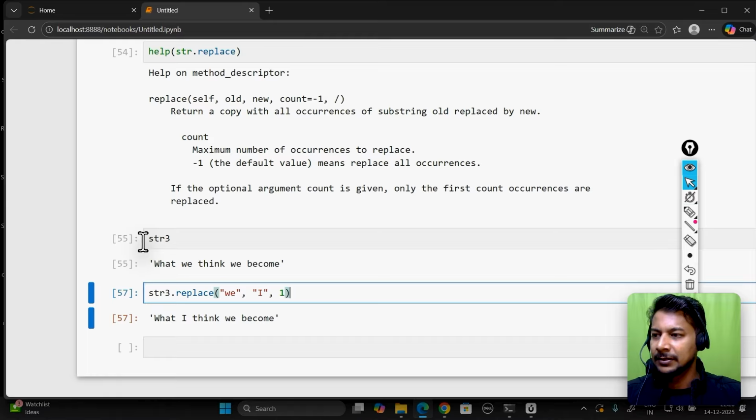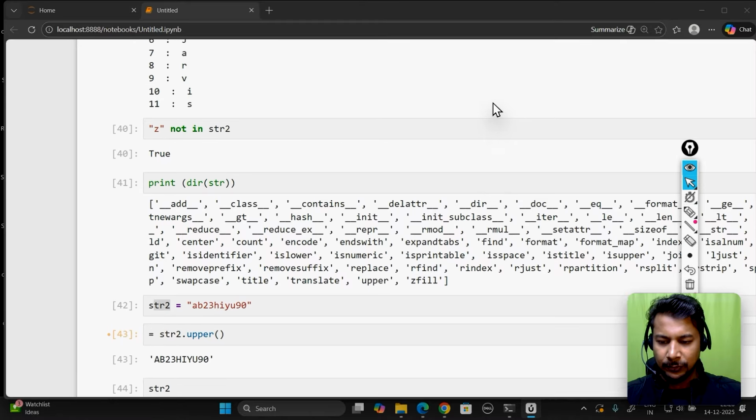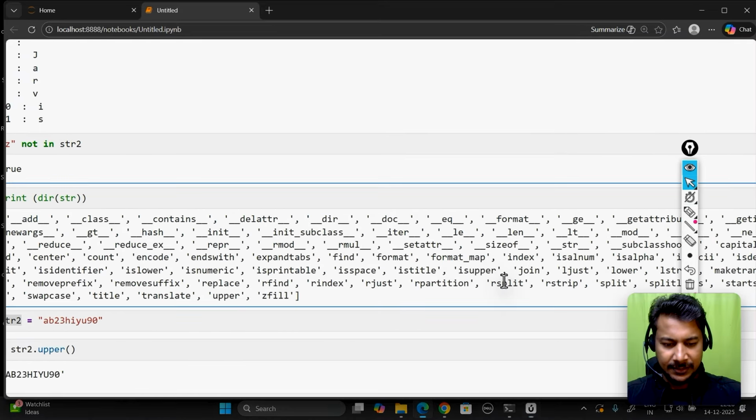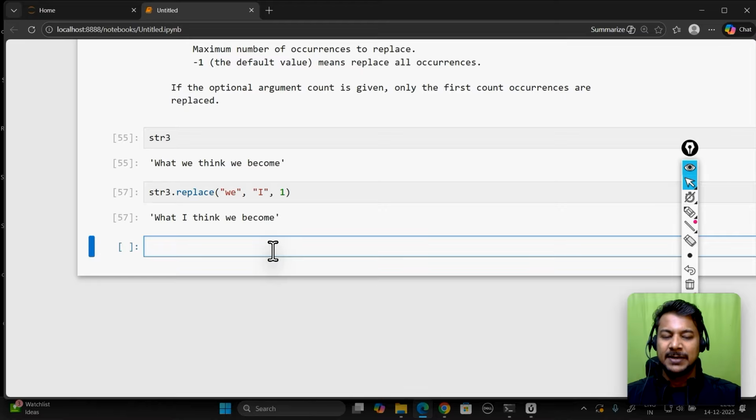Next is split. This is a very, very important method. You can see rsplit and split, both brothers are here. Split means splitting the string based upon some kind of delimiter. For example,